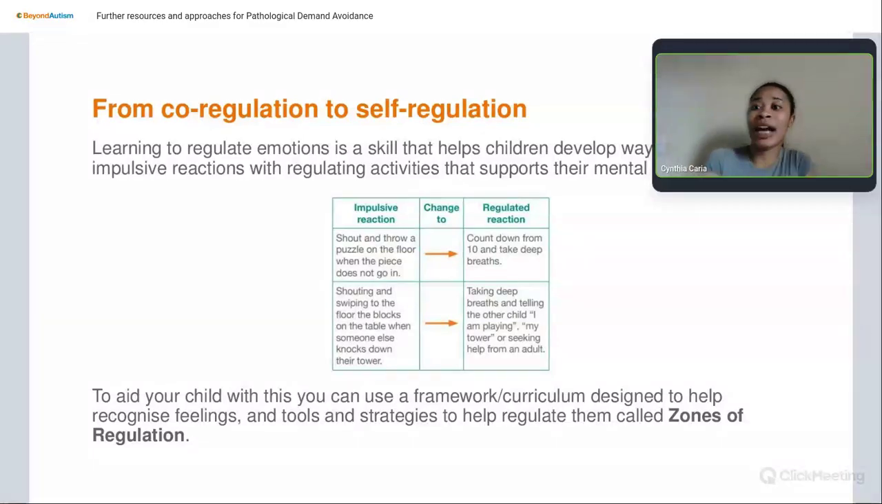So we're practicing different strategies to help us feel calm. We're identifying what works for us. And then we're putting that into potentially a toolkit, which is almost like a bank of resources that you can pull from when your child is dysregulated. So what we want to do is to aid the child with this, and we can use the framework called